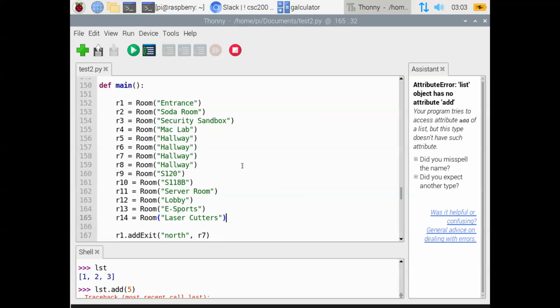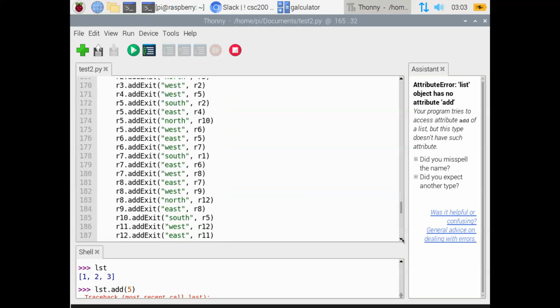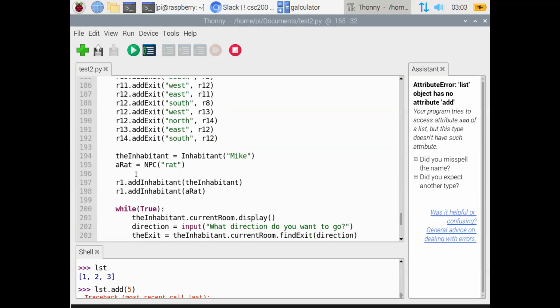All right. So we're creating a bunch of rooms. Nothing's changed there. We're adding some exits to rooms. Nothing's changed there. We're taking our inhabitant. We have two different inhabitants, right? Really, this shouldn't be an inhabitant. This should be a player. Then we're taking our room. We're adding our inhabitants to that room, which we tried to do earlier, and only the last guy stuck, right? Okay, but now we should have both of them in that room because add inhabitant we've updated to be able to show the current